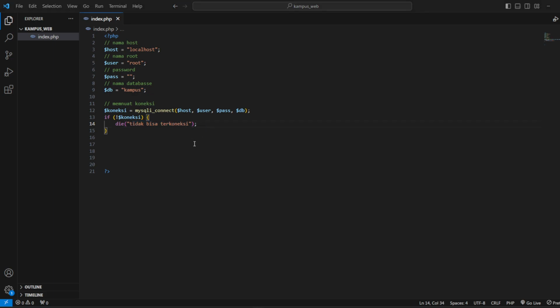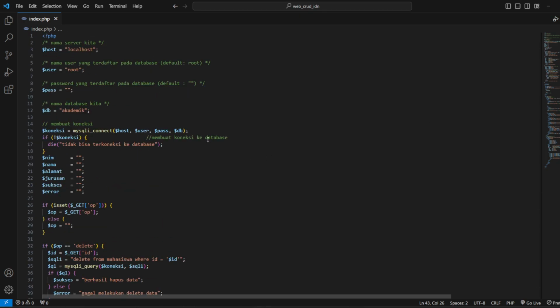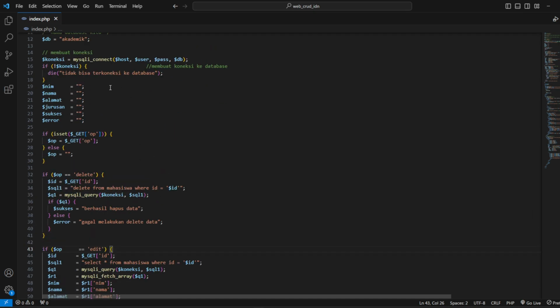Okay, guys, and then you can look at this. I have copied my code to here. You can look at this. Now I will explain to you the meaning of the code.